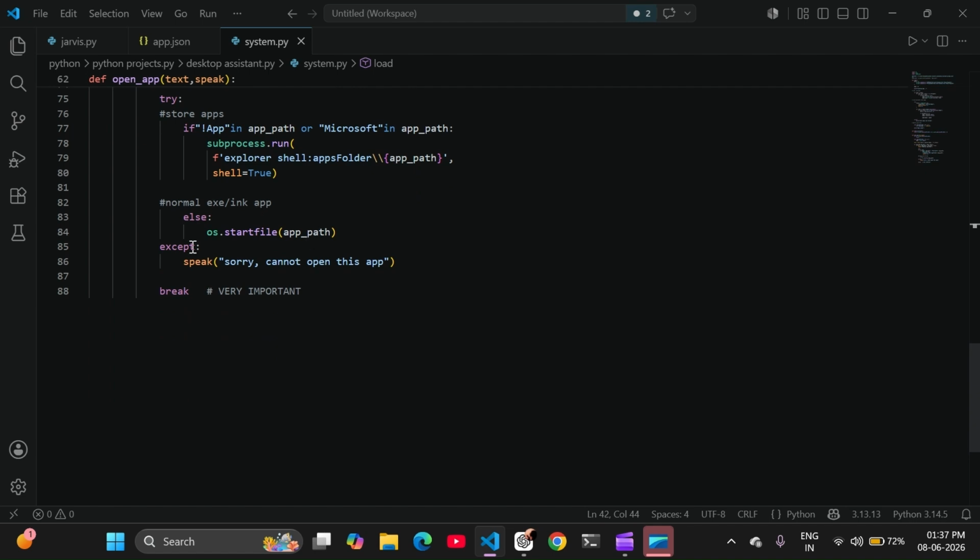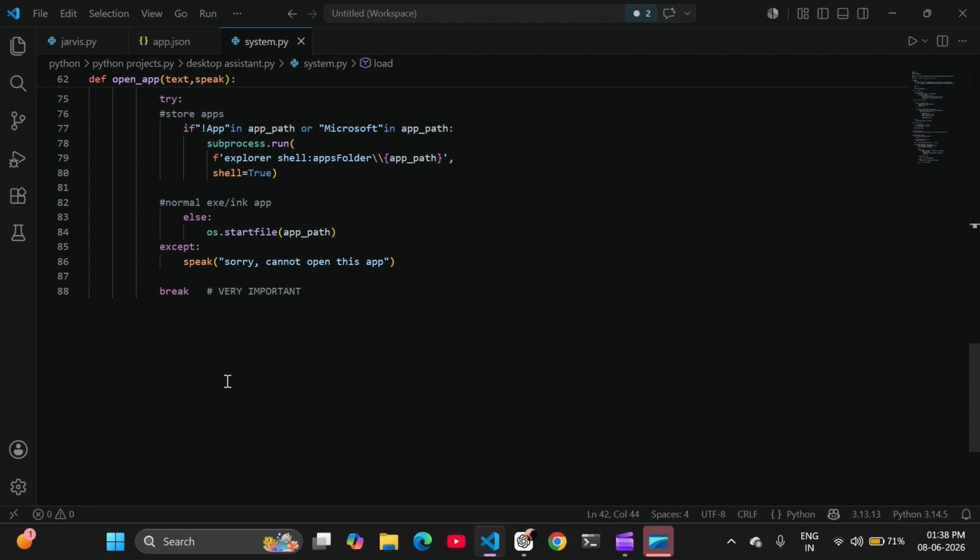If not, except, speak sorry, cannot open this app, and the last, break. It is very important. Why? Because I made a mistake, I forgot to write break, which is why when I loaded this, thousands of windows, thousands of tabs were opened, and my laptop was going to get stuck, going to hang.